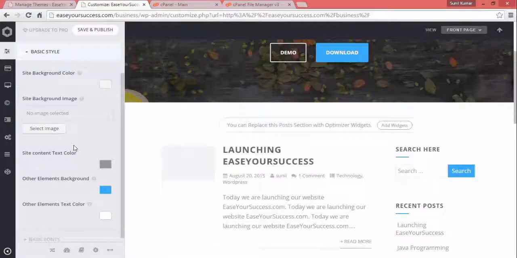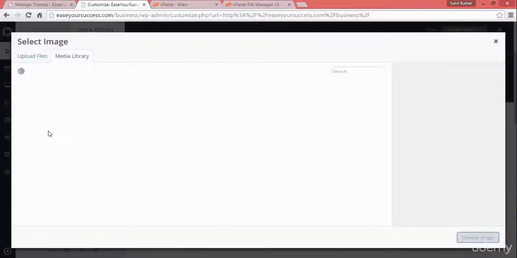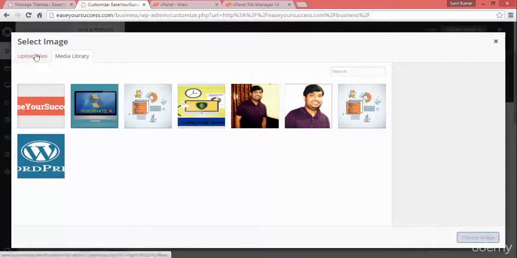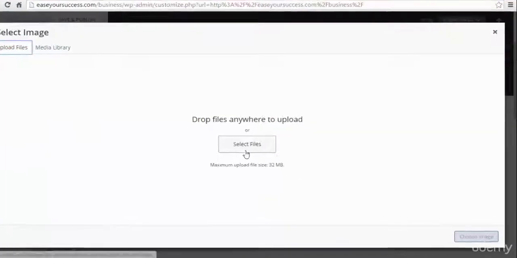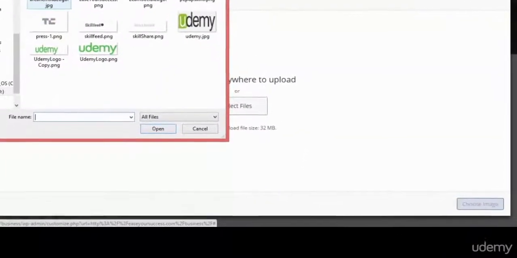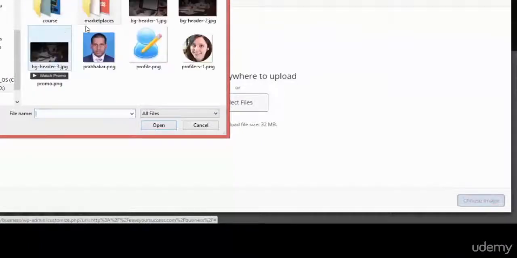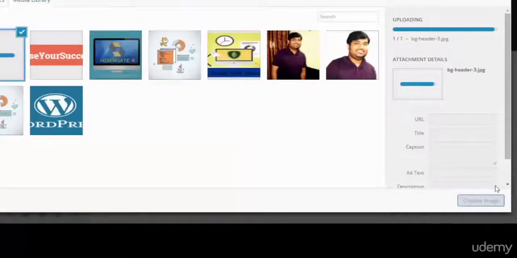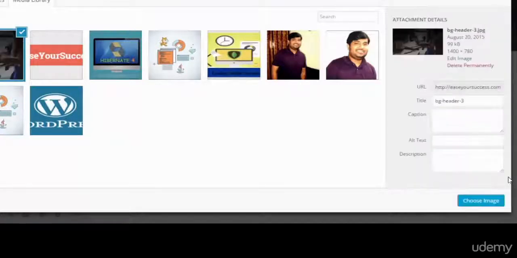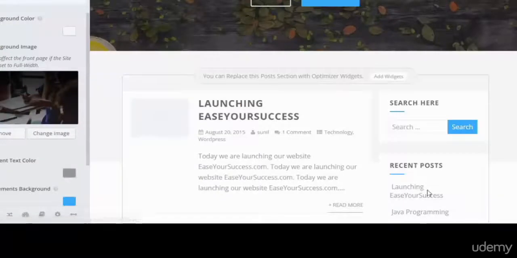Let me show you by uploading a simple image. Let me select a file, let me select this one, and then click on choose image.